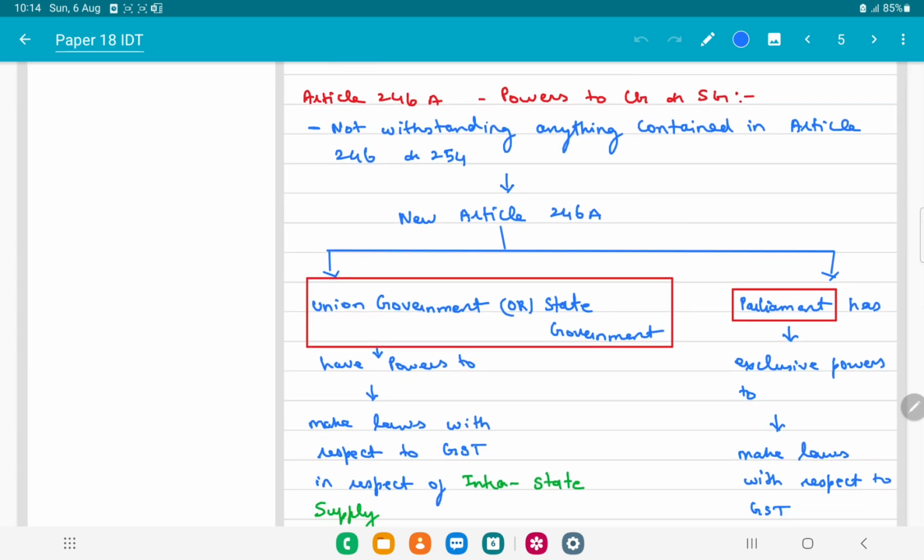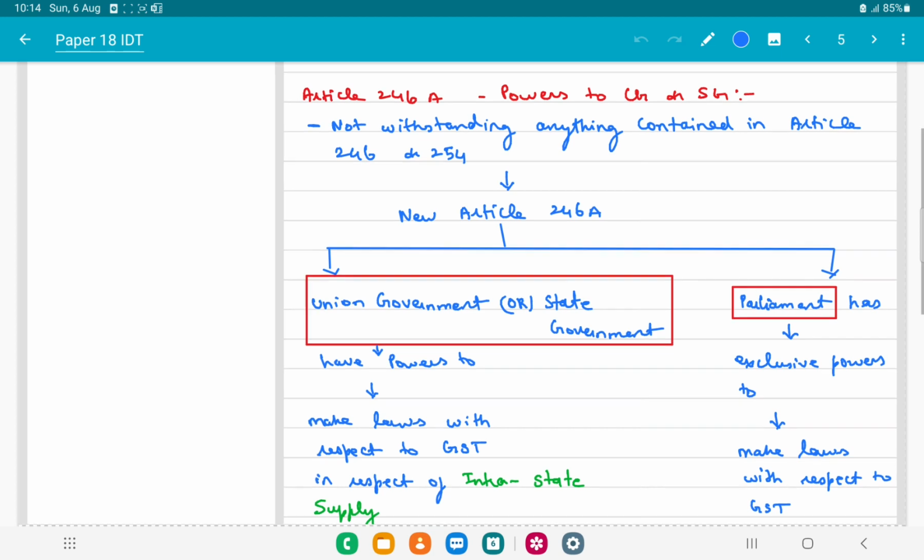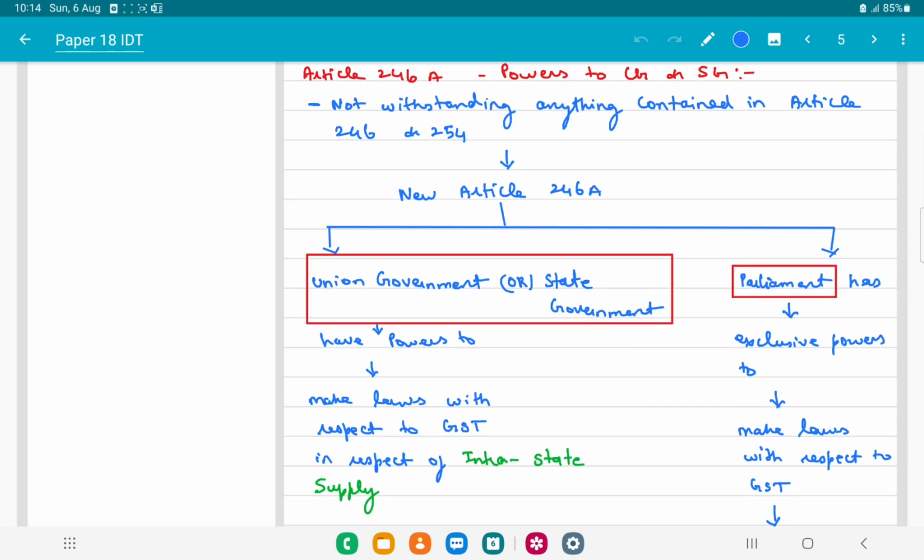Okay, so as I was telling earlier, for the goods manufactured or services, central government only had an exclusive power, state government had no power. Same way, if there was any sales, only state government had the power, central government had no powers. To provide the powers to the central government and state government, there was an amendment in article,